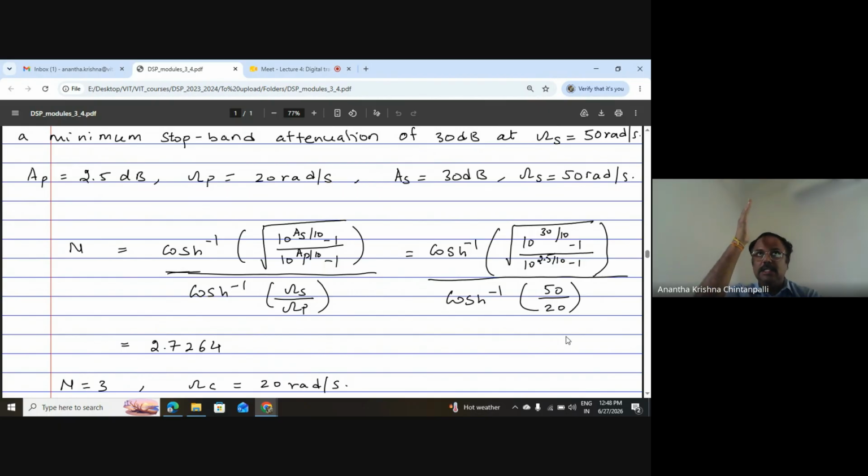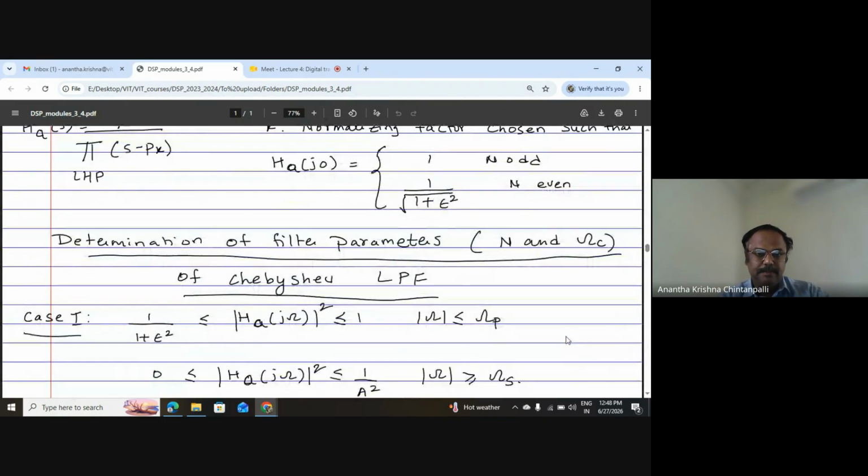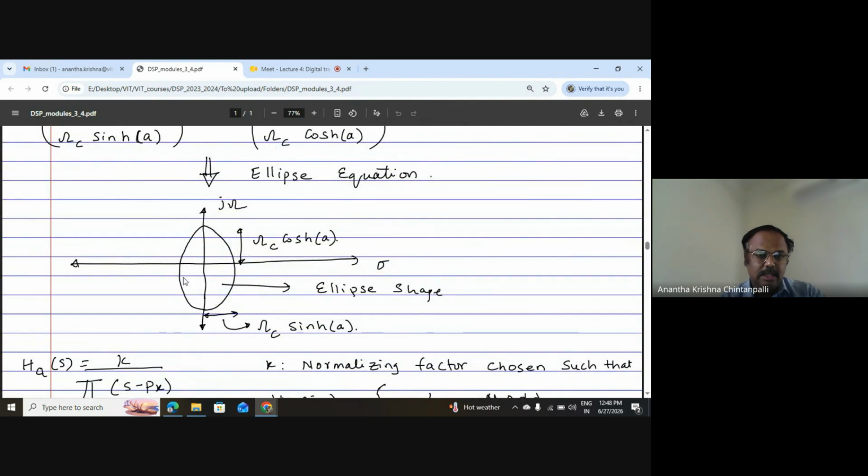Now you think about this. The poles are located on an ellipse, okay? And now you have 3 poles that should be there. So on the left hand side, if I go back here, n equal to 3 means that one pole will be here: P naught, P1 and P2. Okay, so P naught and P2 should be a complex conjugate pair, and P1 would be on the real